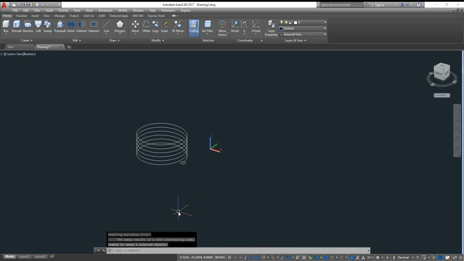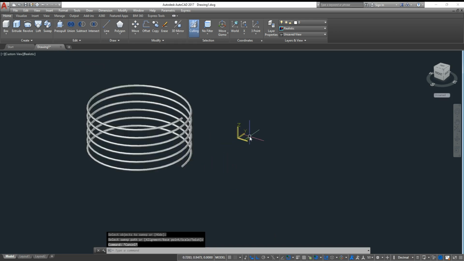But then there is an "unable to sweep" message, meaning we should select a smaller circle radius, another smaller value. So let's scale this to 0.2 and then let's try sweep. Let's get familiar first with the size of the drawing before we go on to a 3D command like sweep.